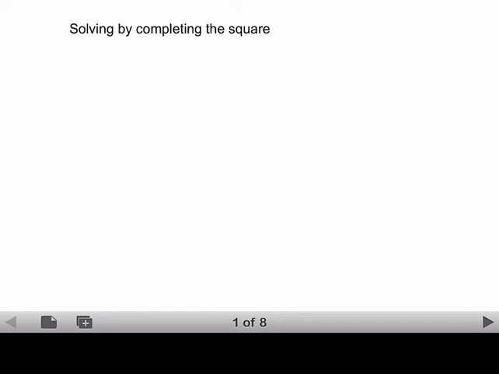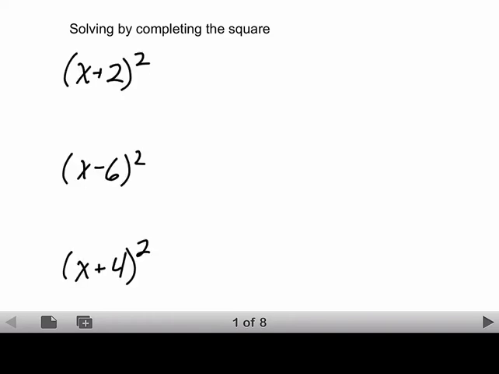In this session, we're going to see how to solve quadratic equations by completing the square. Before we get to that, let's look at the pattern of perfect square trinomials. Perfect square trinomials come from squaring binomials, so here I have some binomials, the first one being x plus 2,